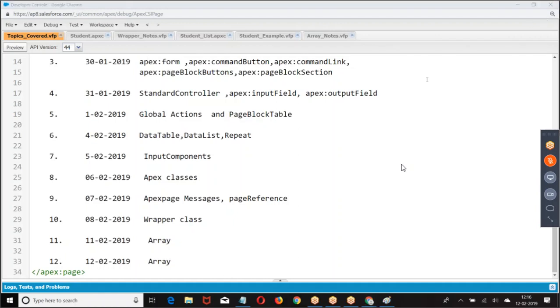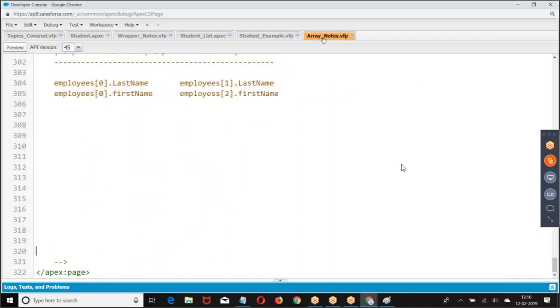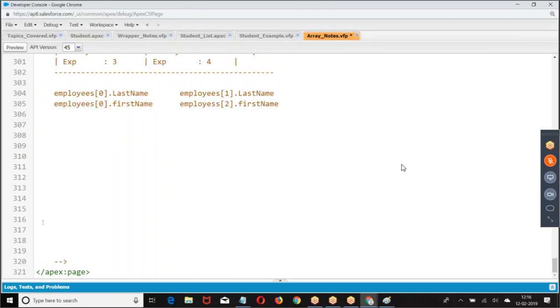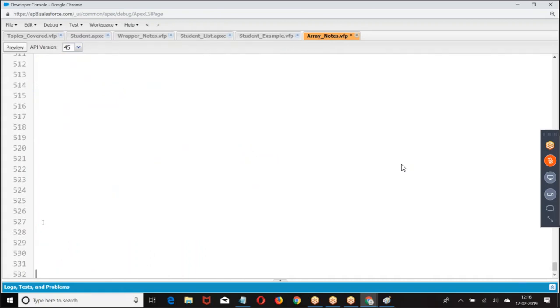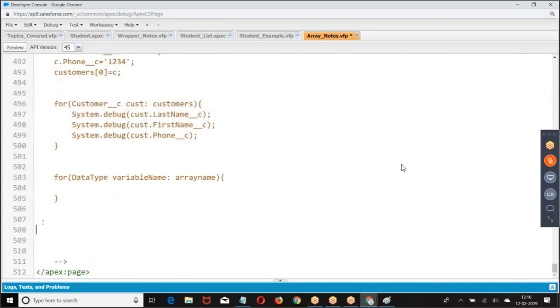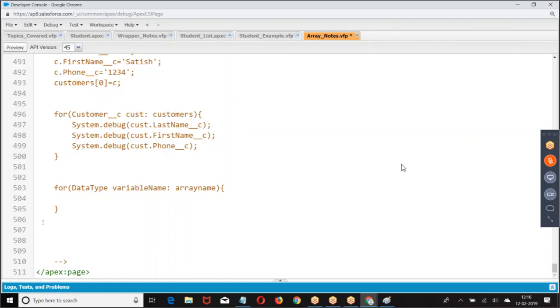There is no save button actually. You need to press Control S. Yeah, I did Control S. If still not saved, there are errors in the program. If there is any error, it will not allow you to save. Okay, okay. Thank you.